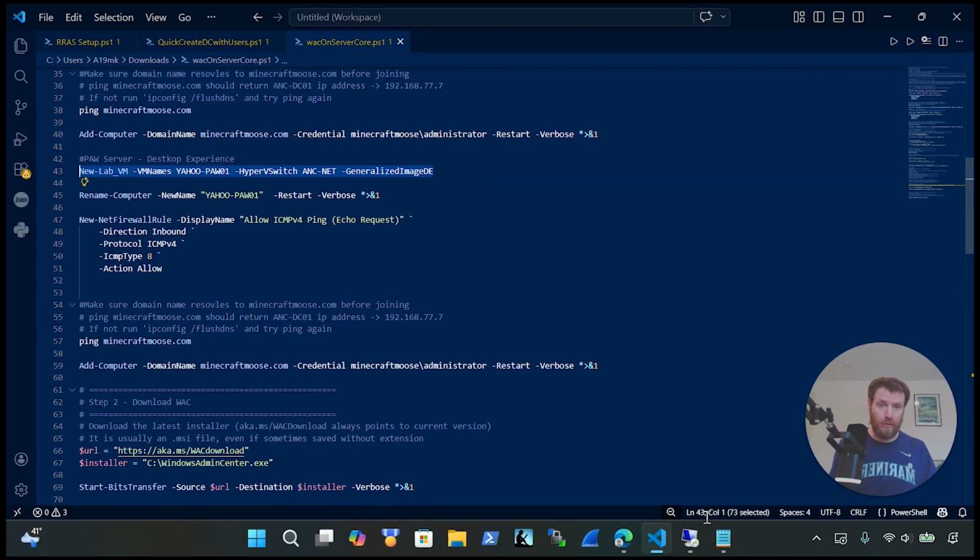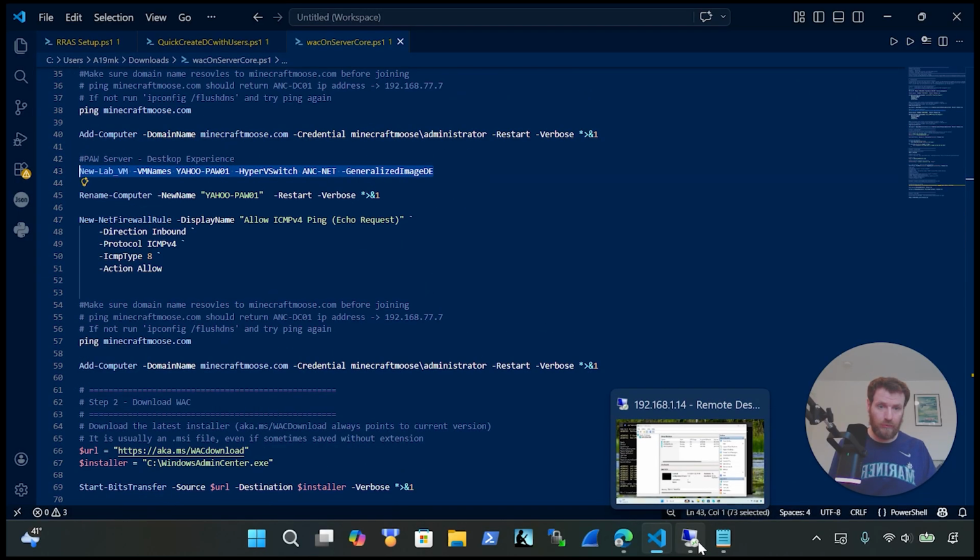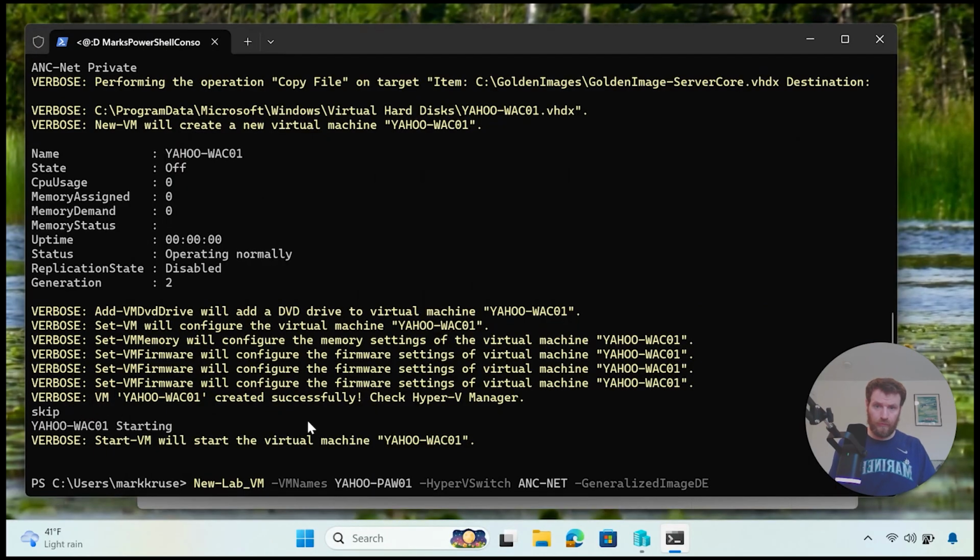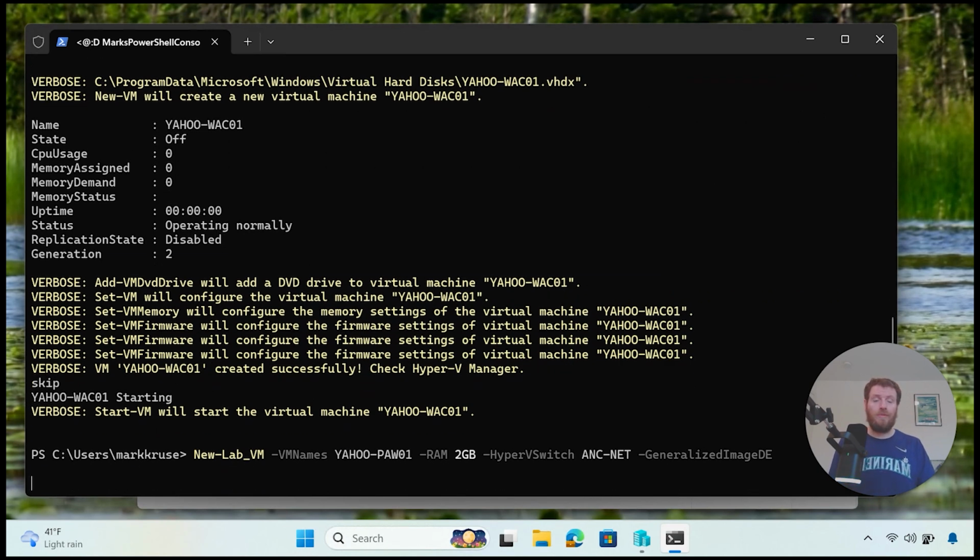And I'm going to give him 2 gigabytes of memory. A lot of labs, I try to do 1 gigabyte of memory. That's a good balance point between performance and running at the least amount of memory possible. As these labs grow, you'll just find you wish you had just a few more gigabytes of RAM, but the 2 gigabytes really seems to be